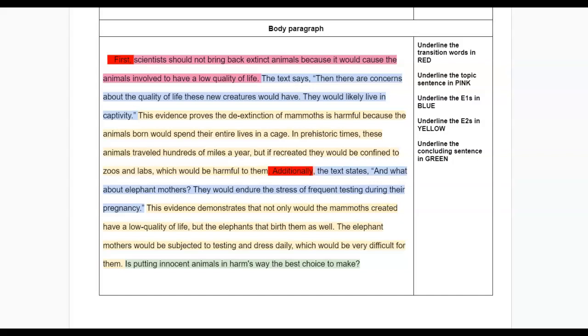Now, normally, if this were an actual all-out on-demand, you all know we would have 2 body paragraphs, but I decided that we were just going to annotate the 1 body paragraph today because the format for the body paragraphs is the same. You have your transition word, your topic sentence, E1, E2, internal transition, E1, E2, and the concluding sentence. So again, make sure that you've underlined everything with the correct colors, and we're going to move on to